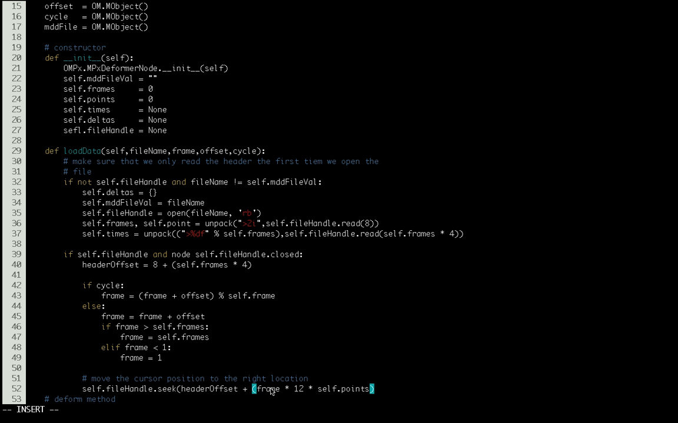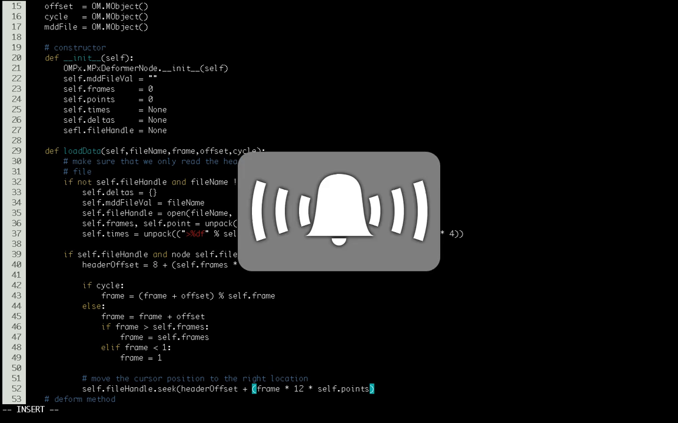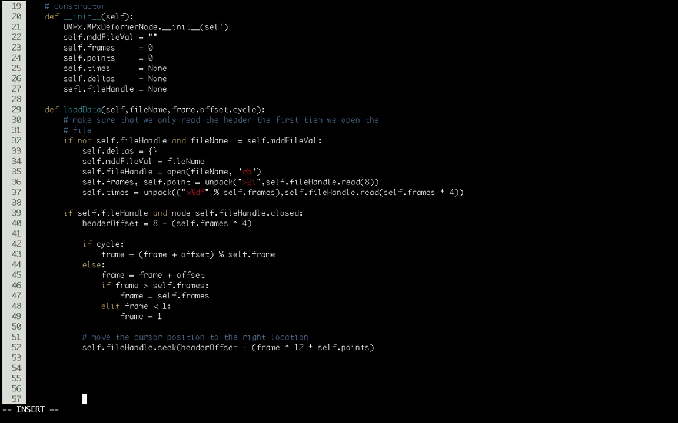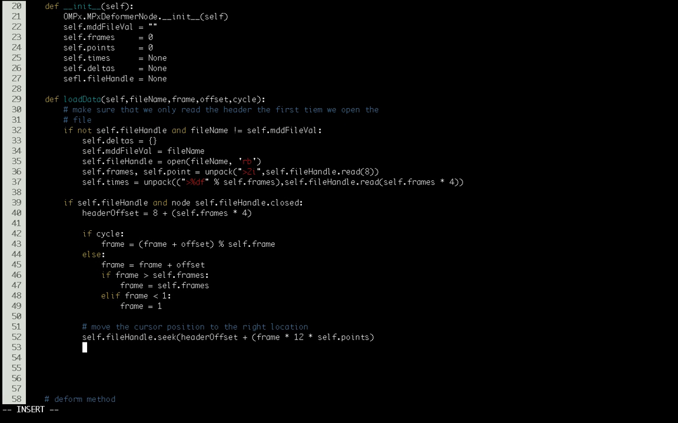So what this is going to do is make sure that, let's say you're trying to read frame 10, the seek position equals 10 times 12 times whatever number of points your mesh has. So this is going to move the seek location way far into the array, or way early into the array if it's 0. Let's say you're reading frame 1, so it's going to be 1 times 12 times the number of points. So once the position of the cursor has been set, we can go ahead and initialize